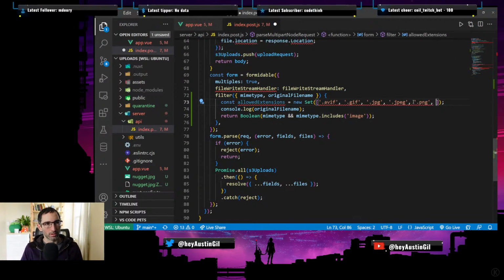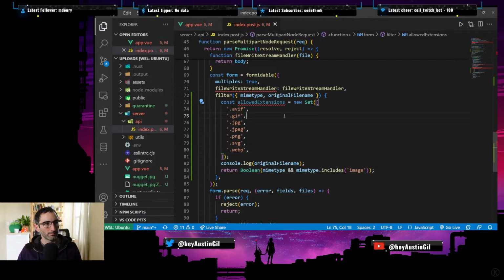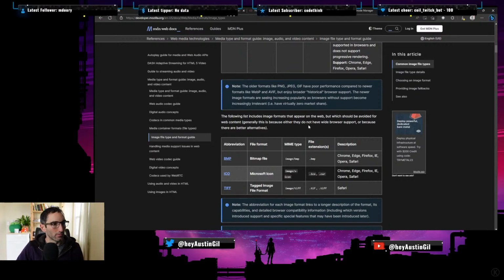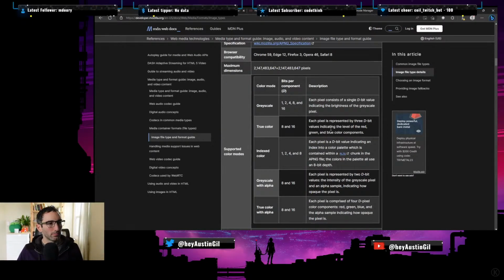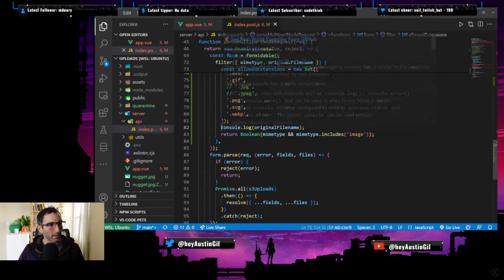Okay. PNG, SVG, WebP. And that's it. I mean, I guess these ones? The following list includes image formats that appear on the web, but which should be avoided for web content because they do not have wide browser support. Okay. Yeah, good enough. Cool. So let's say I'm going to take off JPEG for now so that we have something that we can test against. And we're going to say